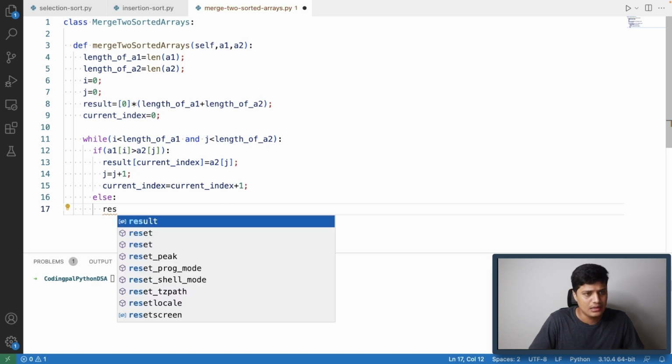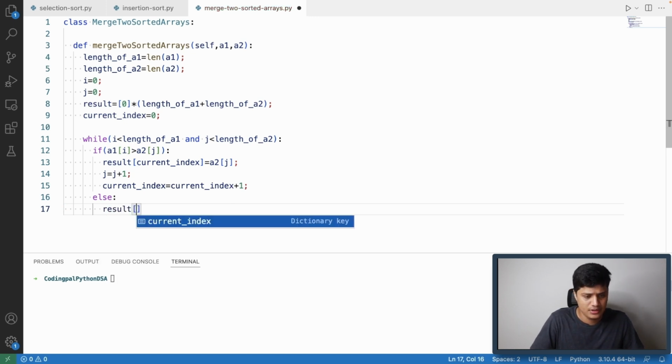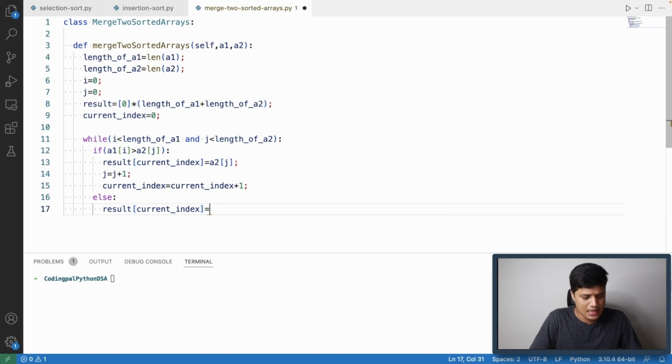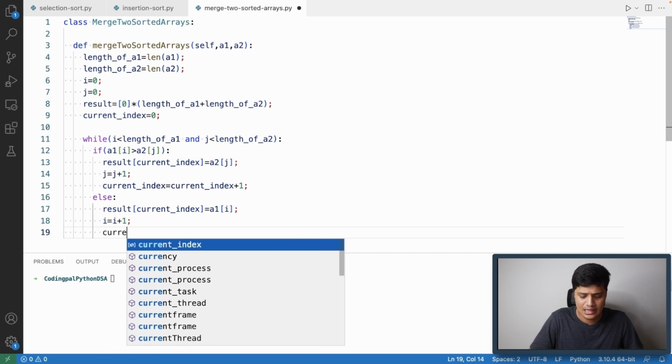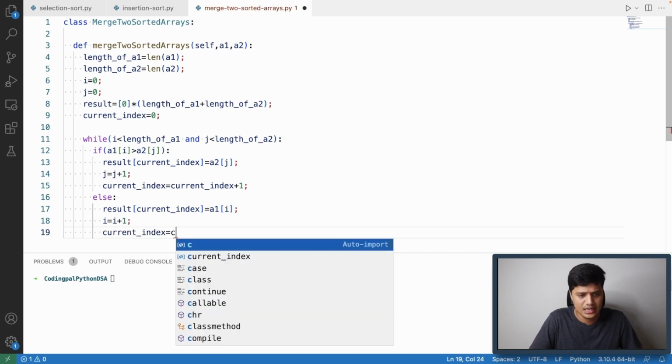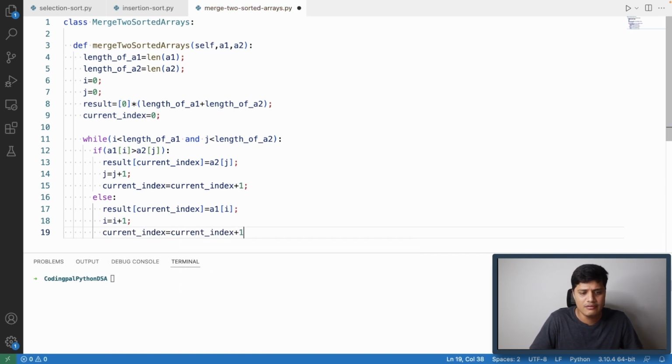That is nothing but result of current index equal to a1 of I. Okay, that means we have pulled the value from ith index of a1 into the resulting array. Now we will have to move on to the next index of the array by incrementing I equal to I plus 1. Obviously current index should also move on to the next index, so current index also will get incremented